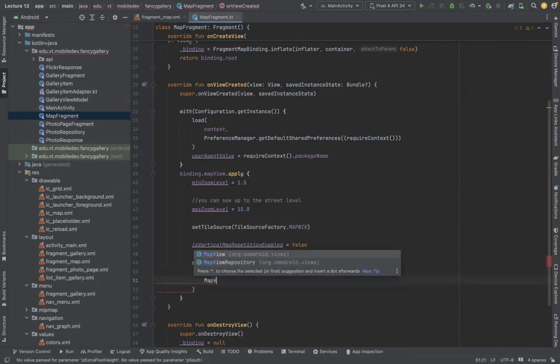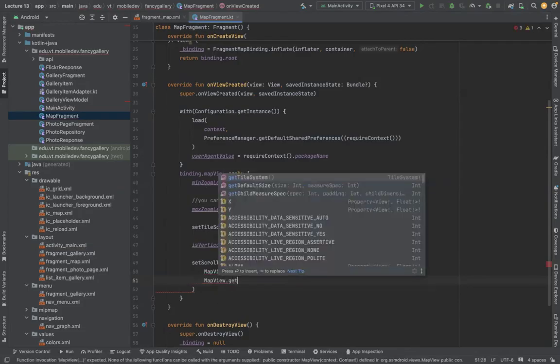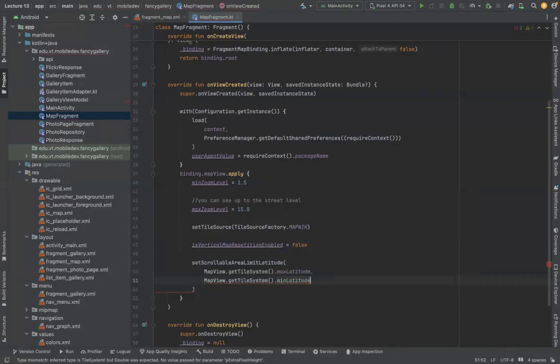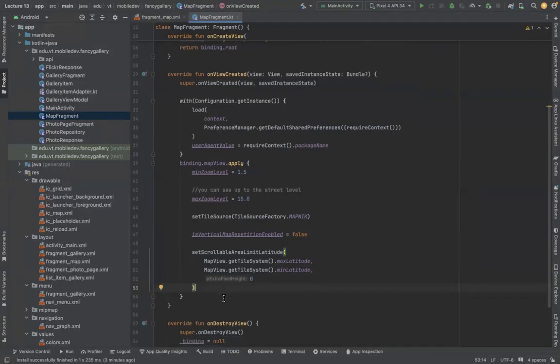And then if I do map view dot get tile system dot min latitude, and I'll just put an extra pixel height. So I'm just going to put a 0 over here, right? That's just a default value. In the previous documentation, you didn't have to even put that. We'll do that, right? And what this does